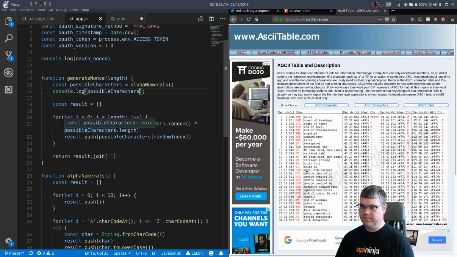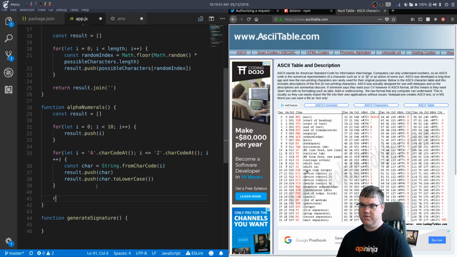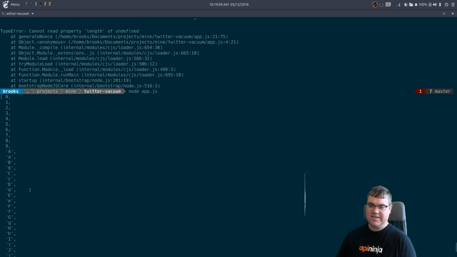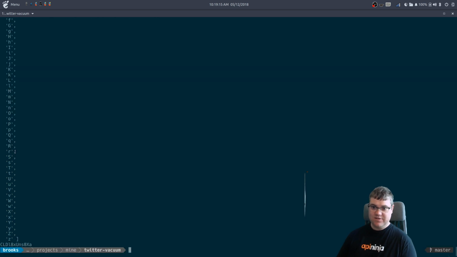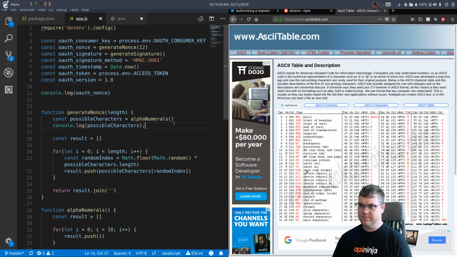So that's right here. Equals alphanumerals. It would be helpful if I returned the result. Okay, so it's got AA, BB, so it has everything in here. And now our string looks exactly like we would expect it to look. So if I remove this console log here,